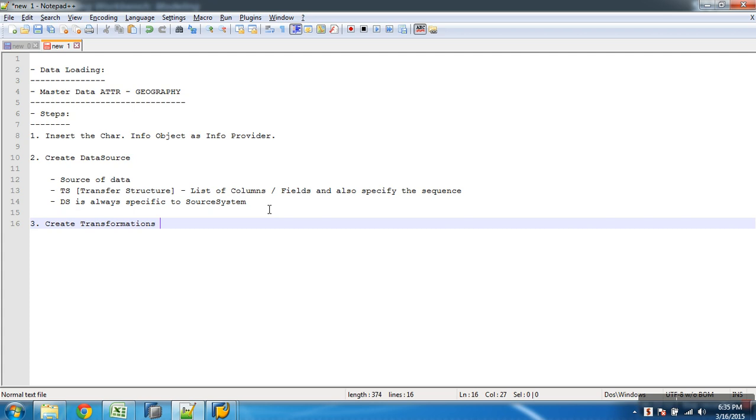Create transformations to map the source object. What is your source object? Data source. What is the target object? Master data.